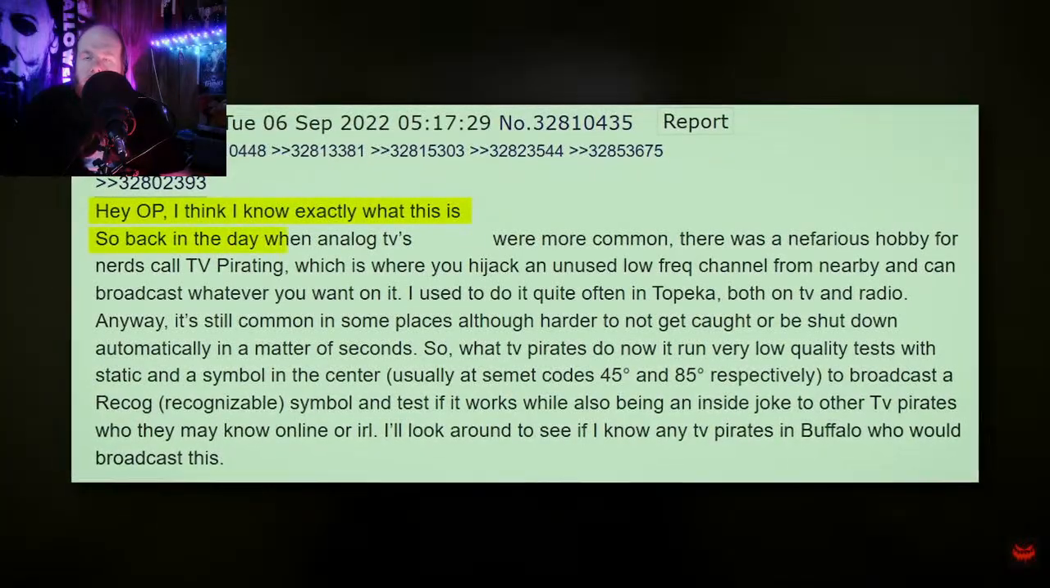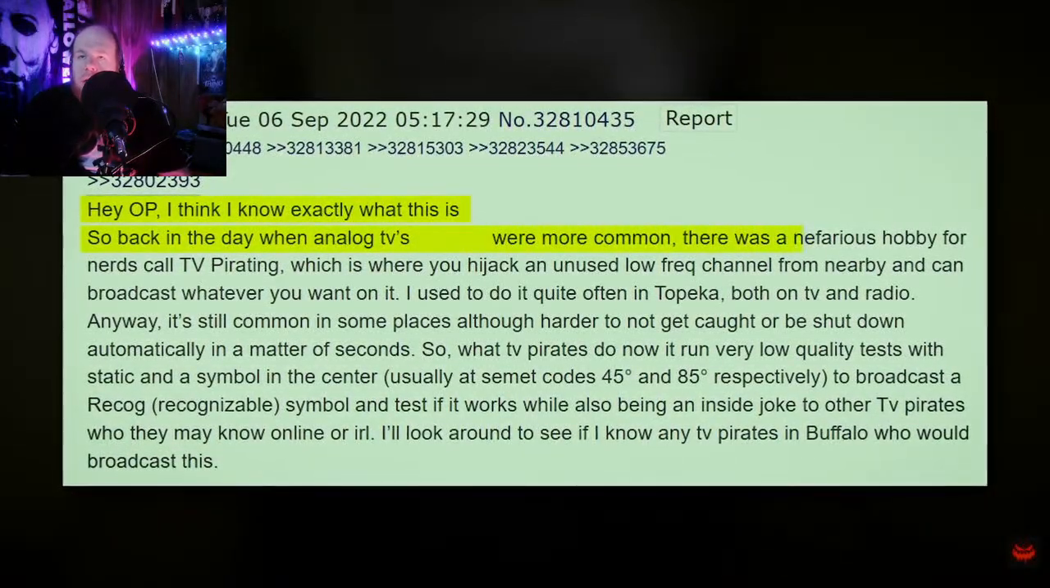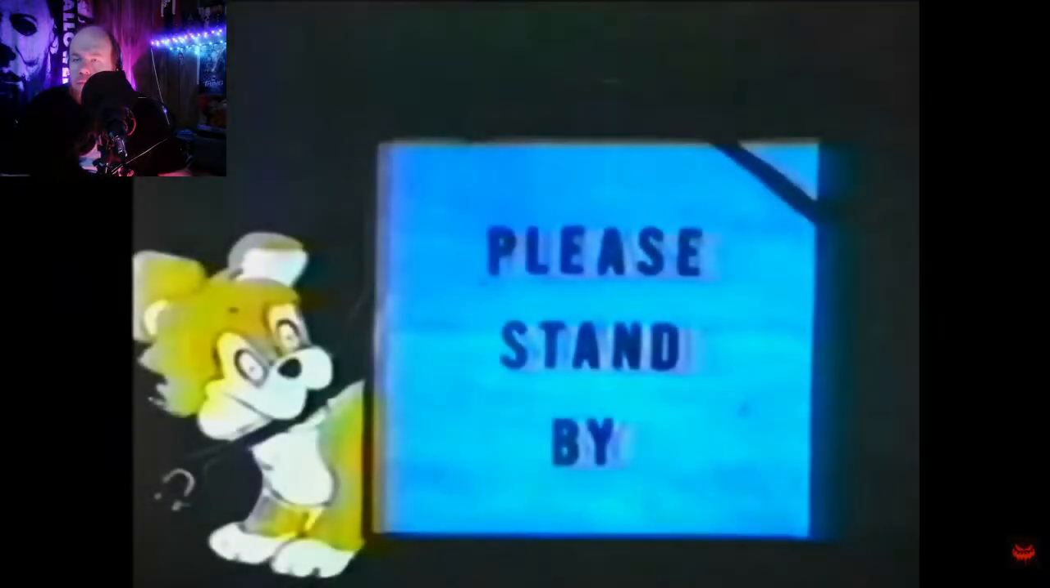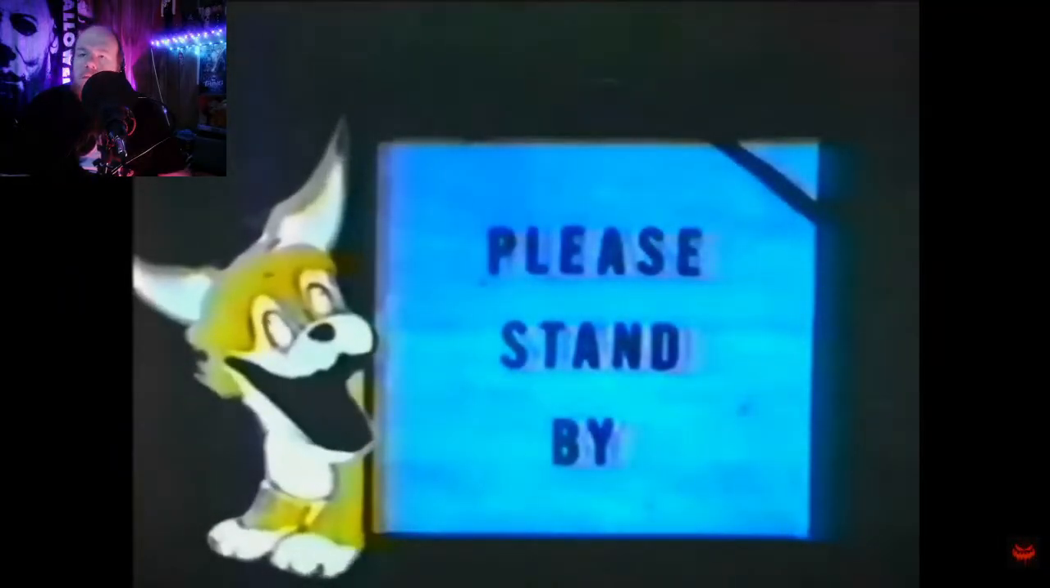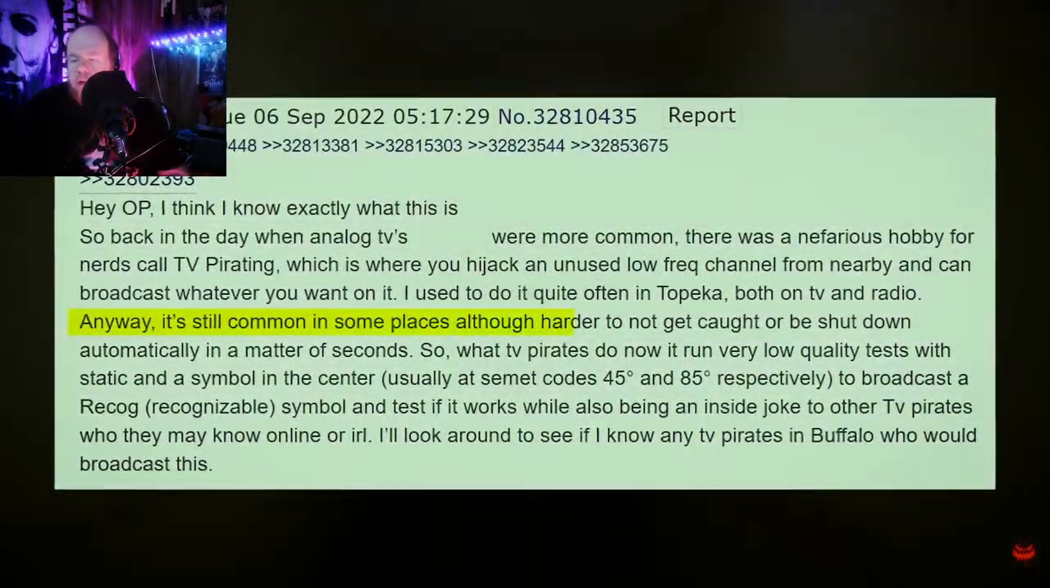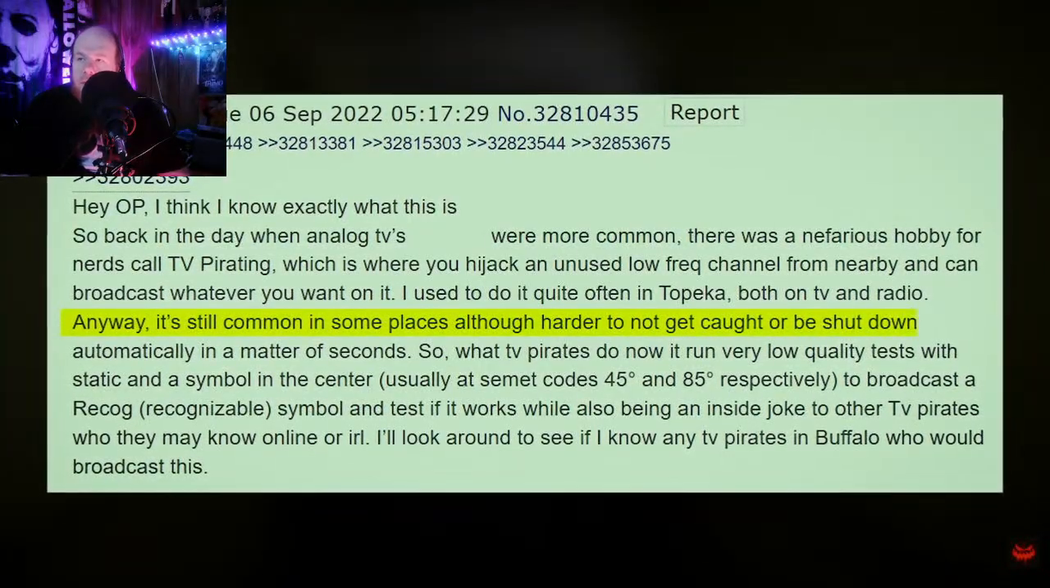So, back in the day when analog TVs were more common, there was a nefarious hobby for nerds called TV pirating. This is where you hijack an unused low-frequency channel from nearby and can broadcast whatever you want on it. I used to do it quite often in Topeka, both on TV and radio. Anyway, it's still common in some places, although harder to not get caught or be shut down automatically in a